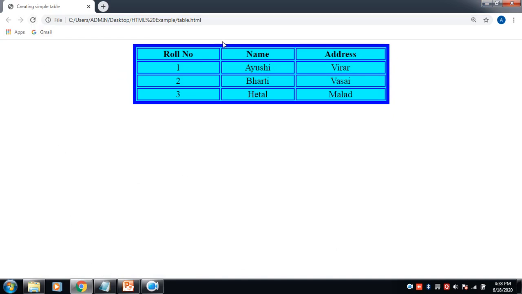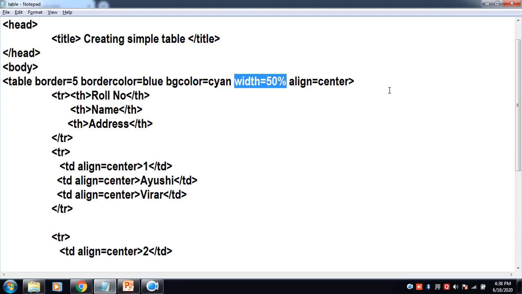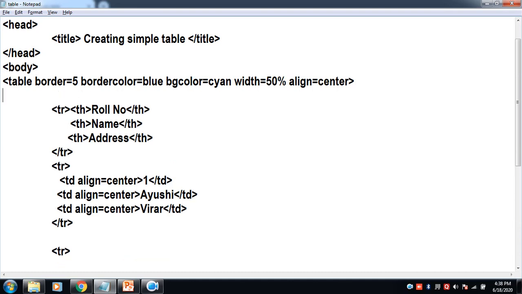Now we don't have a caption, a heading over here, so let's learn how to add that. So let's go back to notepad, and now exactly under the table, that is after I type the table tag and before I start with my tr tag, I can have a tag as caption. Now this caption tag gives a heading exactly above the table.